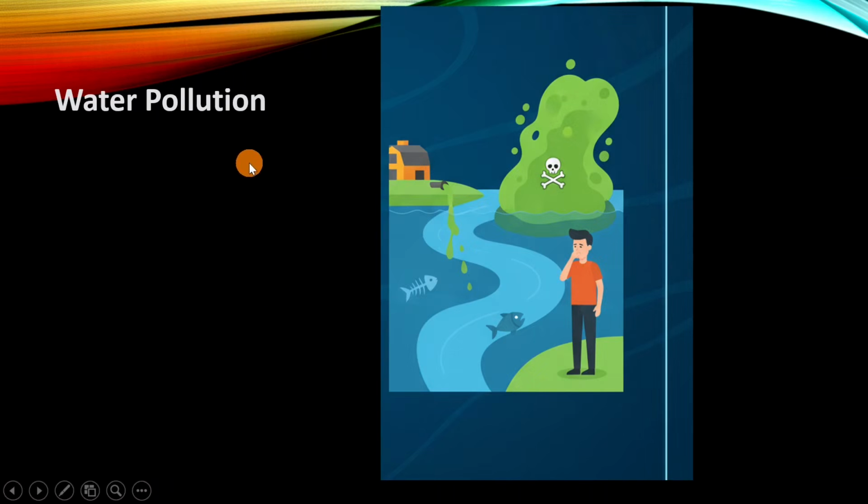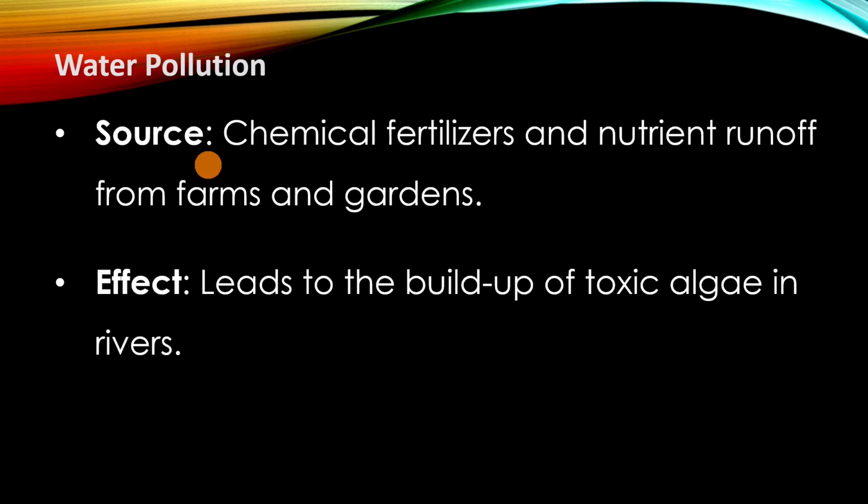Then the next one is water pollution. Water pollution is another negative effect of chemical industrial activities. So what are the sources of pollution itself, or how do these chemical industrial activities cause water pollution? We look at the source. We are saying chemical fertilizers and nutrient runoff from farms and gardens. So these can become